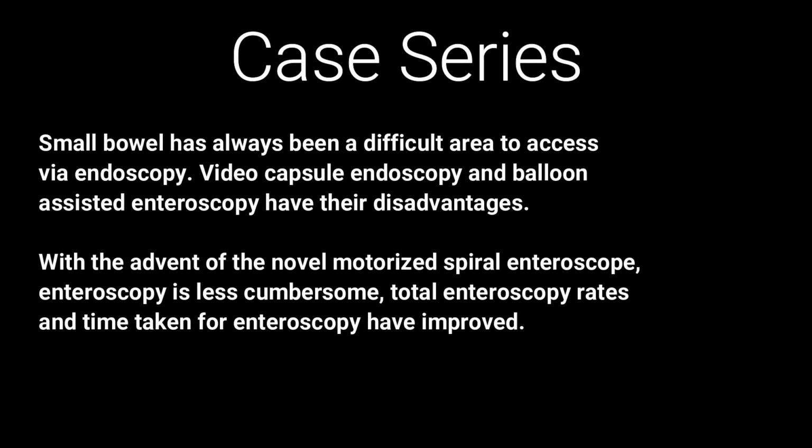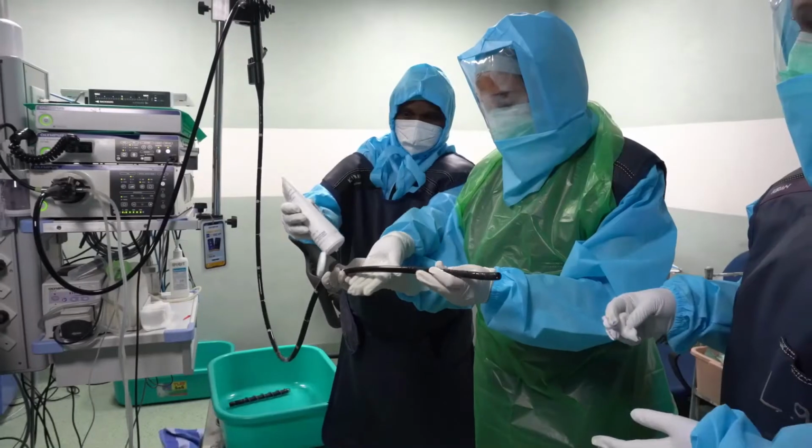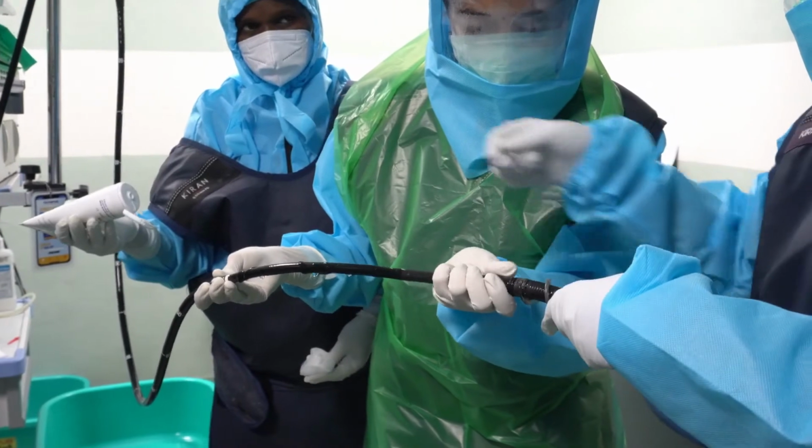Small bowel has always been a difficult area to access via endoscopy. Video capsule endoscopy and balloon assisted enteroscopy have their disadvantages. With the advent of the novel motorized spiral enteroscope, enteroscopy is less cumbersome, and total enteroscopy rates and time taken for enteroscopy have improved. The novel motorized spiral enteroscope is 168 cm long, 11.3 mm in diameter, with a 3.2 mm working